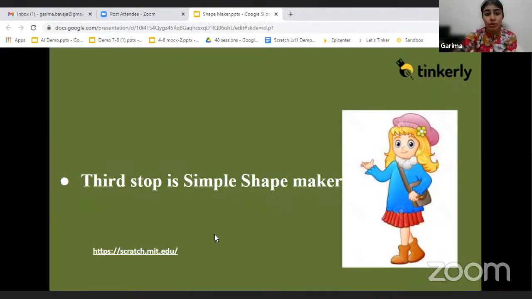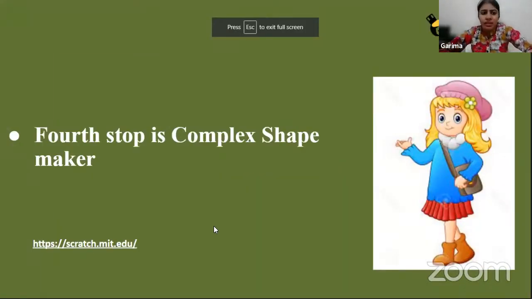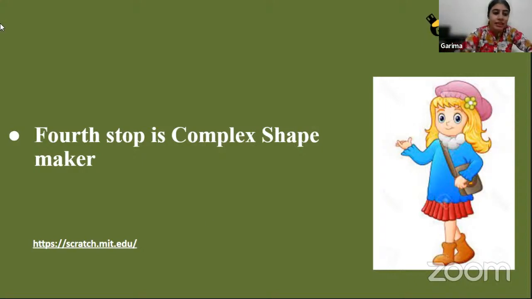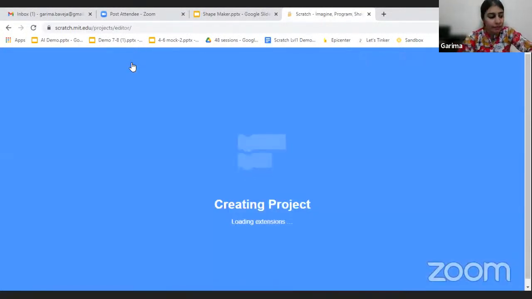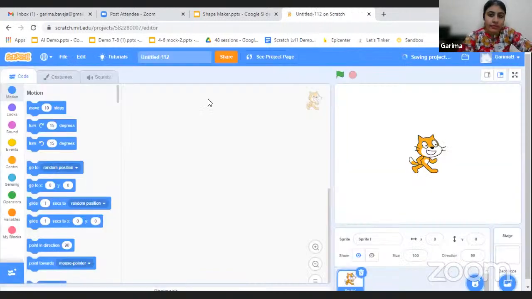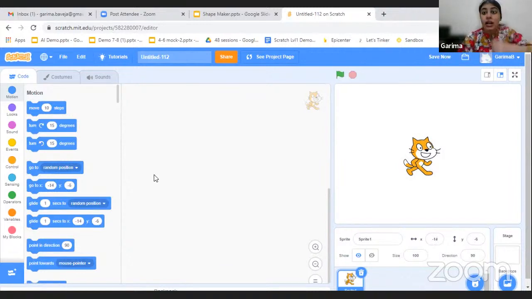Now our fourth stop is complex shape maker. Now we have made simple shapes, right? Now we are going to create some complex shapes. Now let's try to create. So this is again my Scratch platform. Now I will just click here on create. So this is my sprite, and first of all, I want whenever the green flag clicked, my sprite should ask